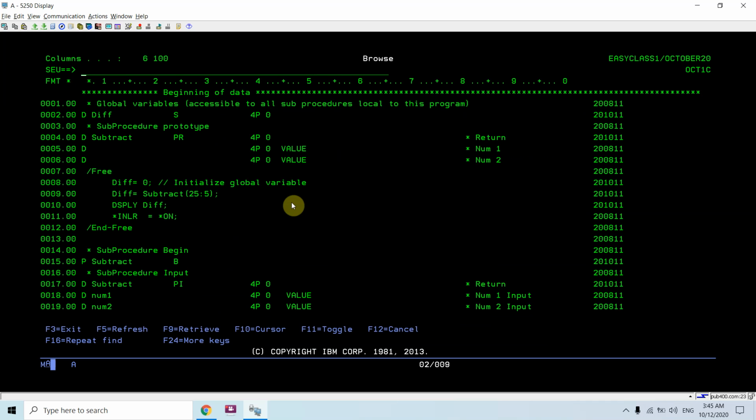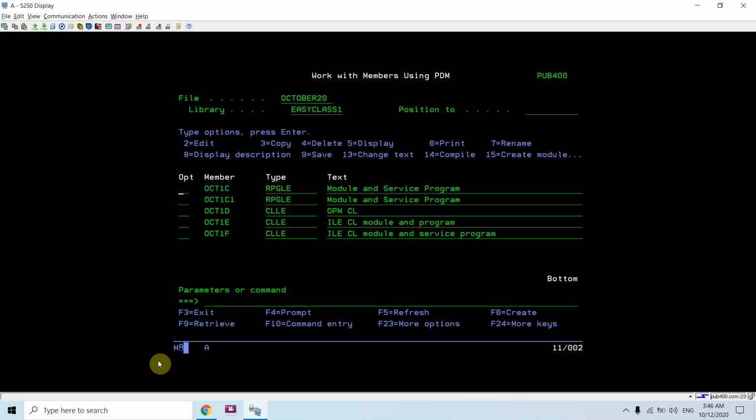So here also I can see there is no domain here, meaning we have this subtract sub procedure and we are calling that subtract sub procedure inside the main procedure. So yes, we can create a service program on this also, but in this case the procedure would be oct1c, not the subtract, because subtract is a sub procedure and that is not exported.